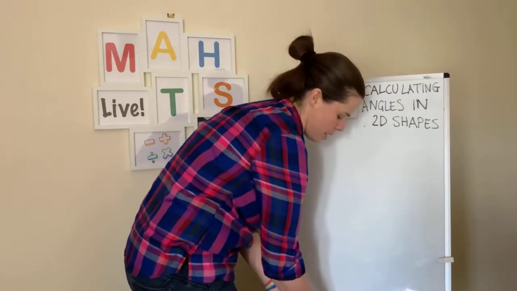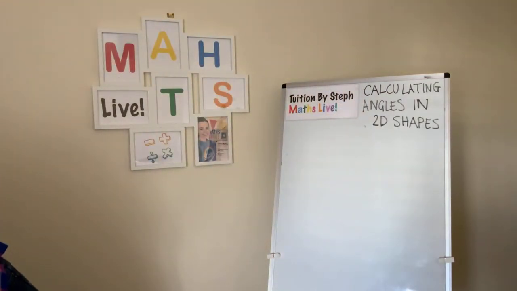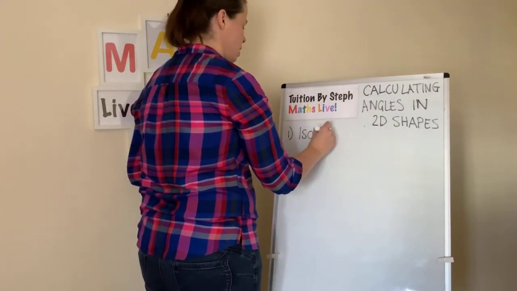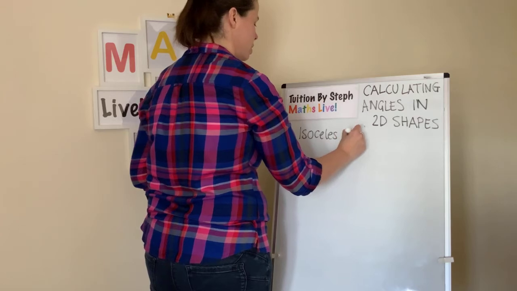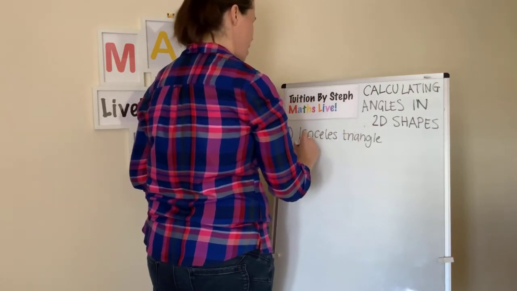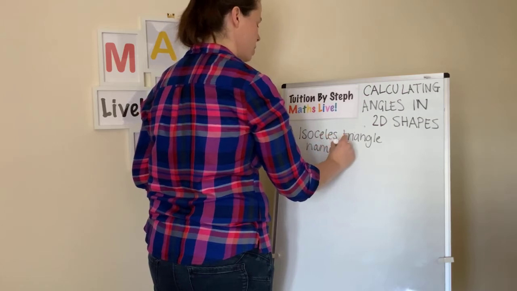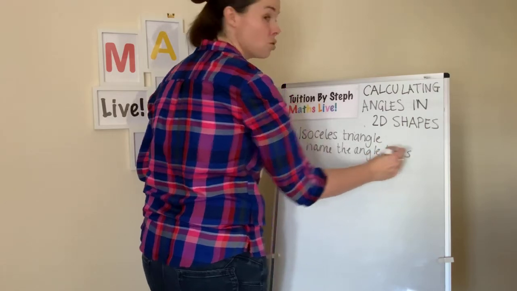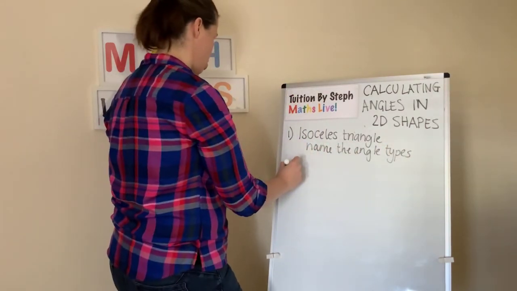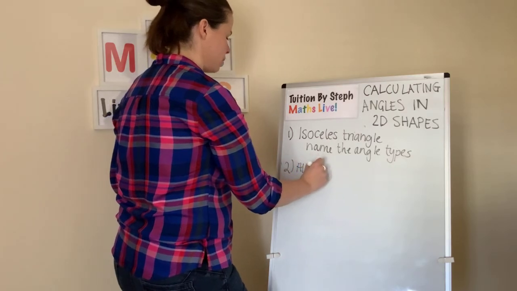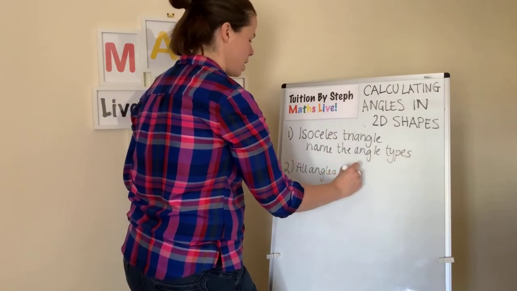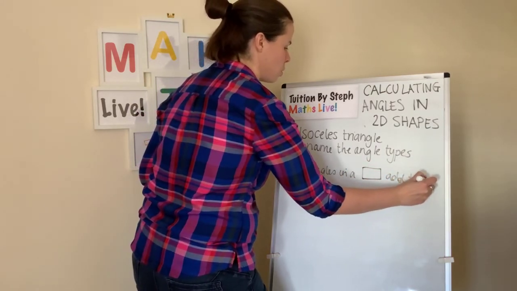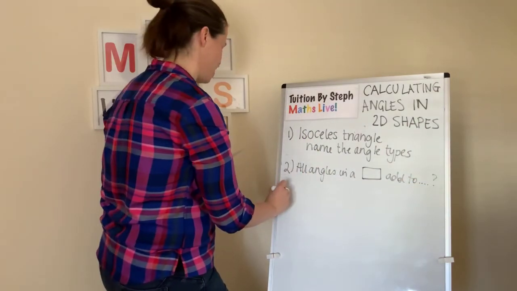So let me get my hands on the 3 challenge questions. Okay, question 1 was, in an isosceles triangle, name the angle types in an isosceles triangle. Number 2, all angles in a rectangle add to what? I know we've just done this. And number 3,